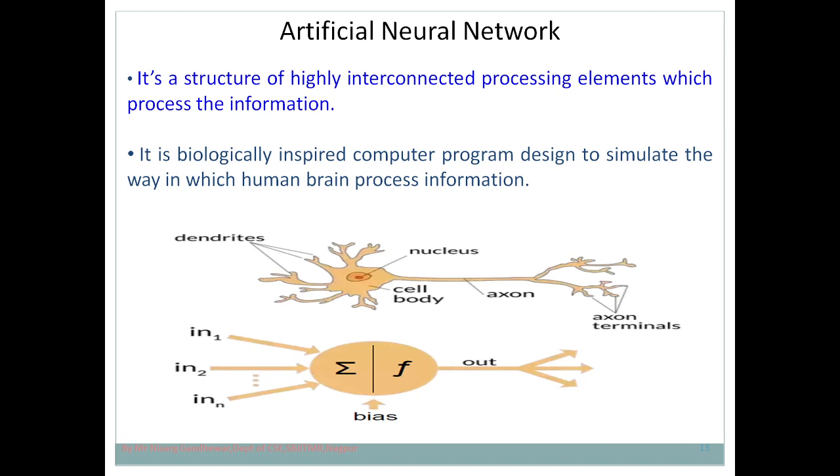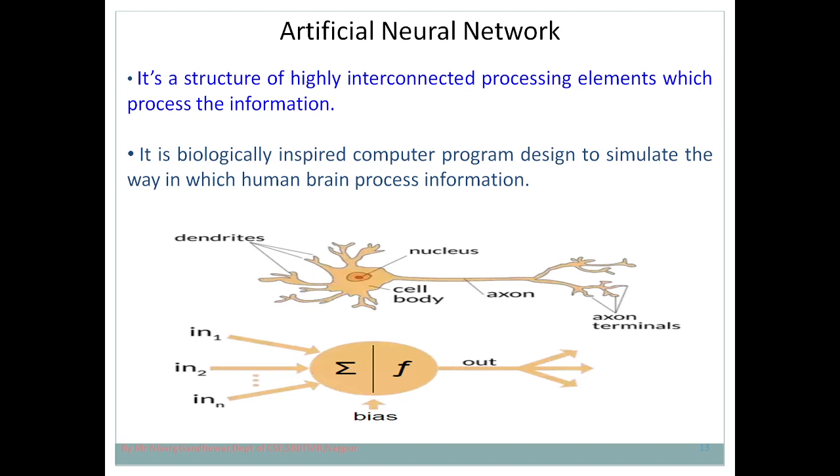As soon as you touch that object, a signal passes to your brain. In your brain, neurons are there. That neuron will process the information: that thing is very hot, it can harm your body. So what is your action? Just to take out your hand. So you have taken the information, processed the information, and taken the action. Suppose we want the same thing to be implemented in a machine.